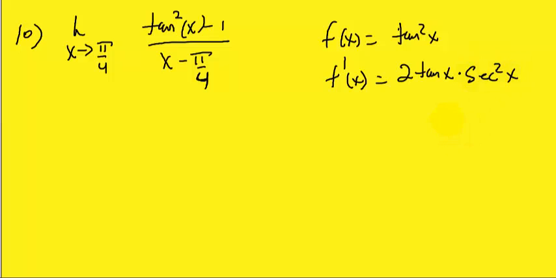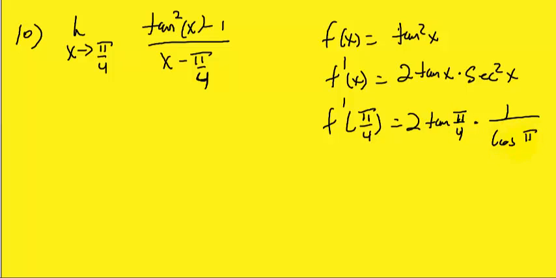But they're asking me to find the derivative at a particular place. Where do they want me to find the derivative? At pi over 4, which is 2 times the tangent of pi over 4, which is 1, times 1 over